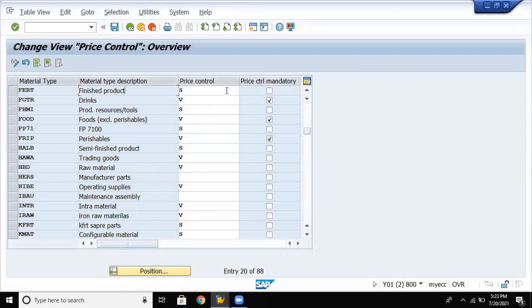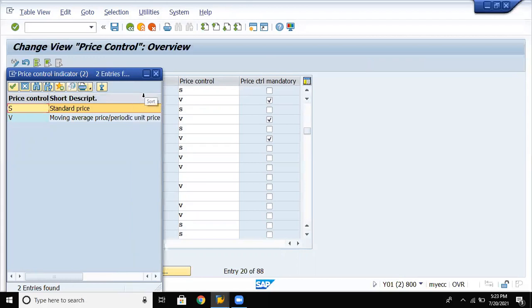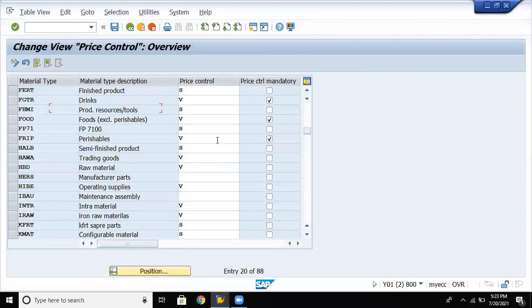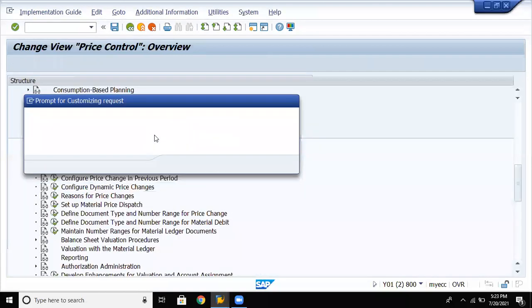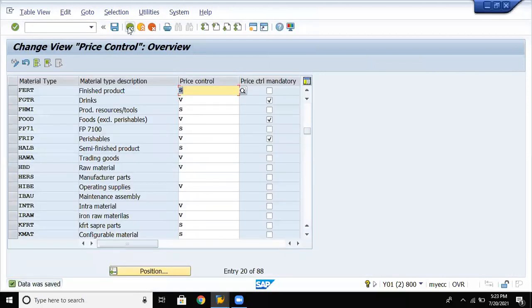If you want it, here you can maintain the checkbox. So here we can see whether you're going to work with the standard price or a moving average price. In general practice, it is advised to go with the standard price. So we use standard price for the price control. Standard price, enter, save the data, enter again, go back.